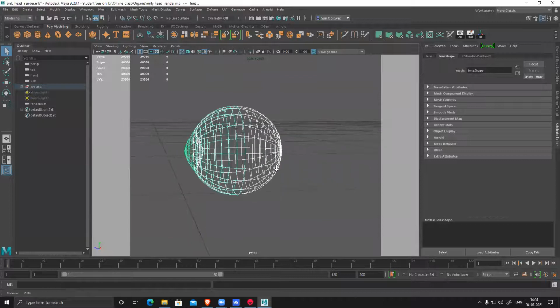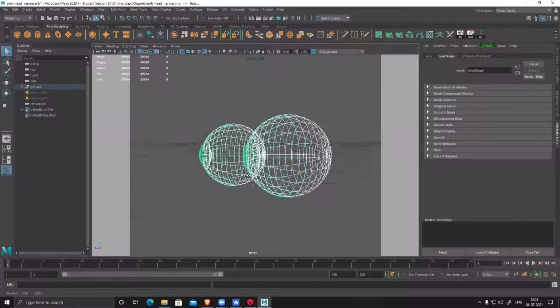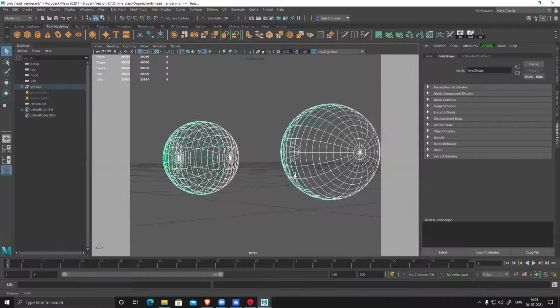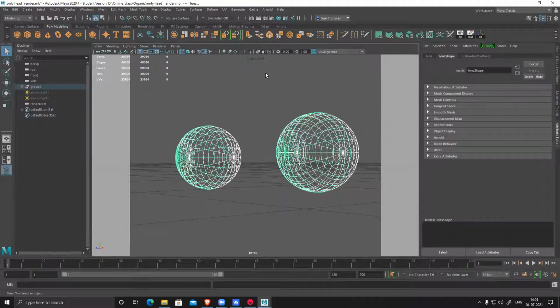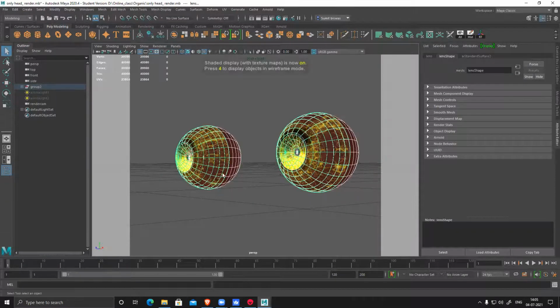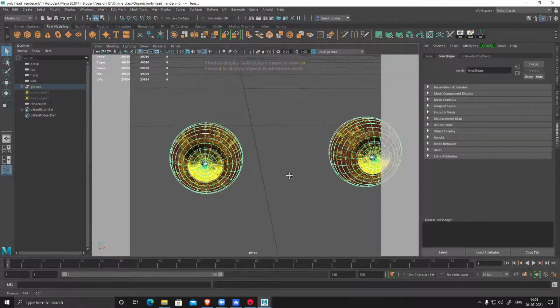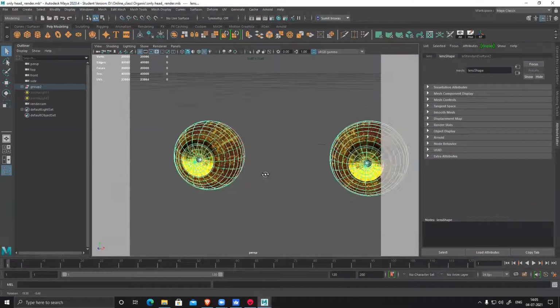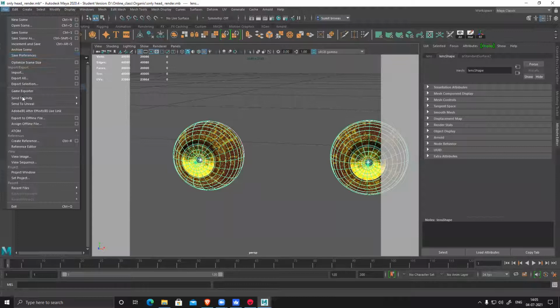So here you can see the same thing, two sets of geometry. So I have to export this into my Marmoset. Let's export this one. Also, sir, for exporting for Marmoset, is there any template? No, nothing.